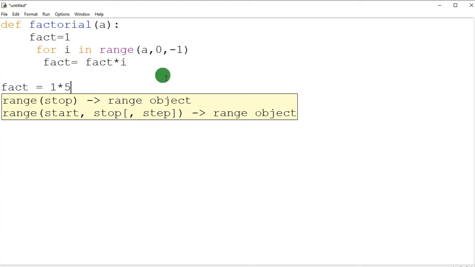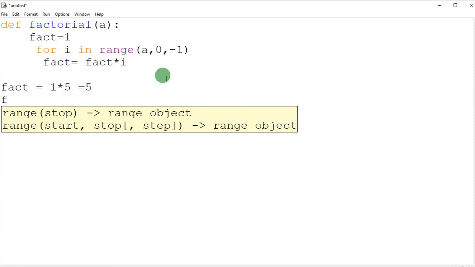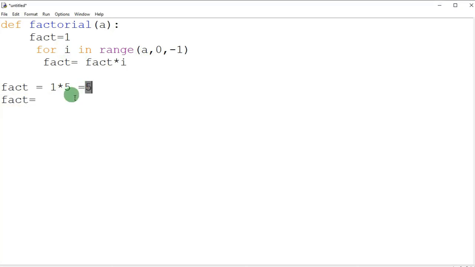The number is 5, so it will become 5. The second time, fact equals, now the new value of fact is 5, so 5 into, and what will be the value of i? It will become 4 because this is decreasing. So 5 minus 1 will become 4.